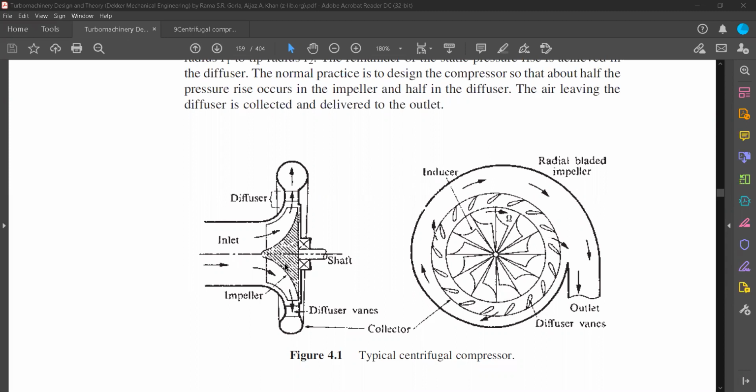And what are the main parts in a centrifugal compressor? In any fluid machine, we have three main parts. One is the casing, another is the impeller, and third is the diffuser. Diffuser is an optional part. The casing itself can act as a diffuser. But over here in a centrifugal compressor, we have some important terminologies related to impellers. In the impeller, we'll have a root diameter and a tip diameter.